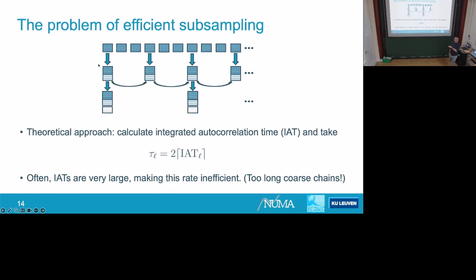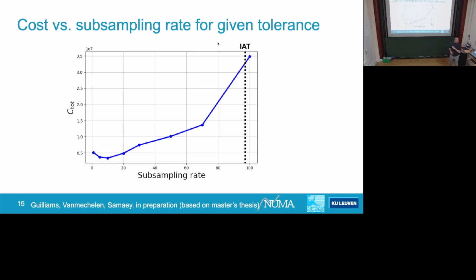The other is the subsampling rate, which is typically much, much larger. So this means that although the coarse samples are cheap, we need to generate many more samples of this coarse level just for the subsampling, which we don't need for the coarse level estimate. And this is, of course, annoying. So what we want to do is reduce the subsampling rate while still having some guarantees that the method gives us accurate results.